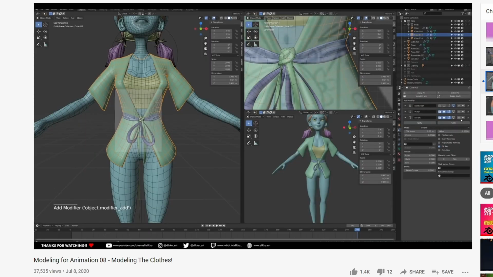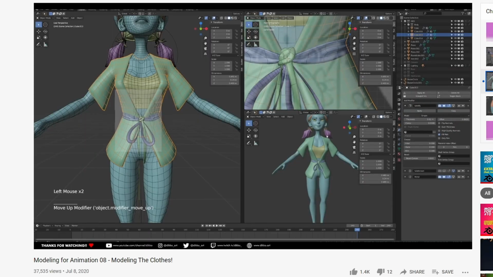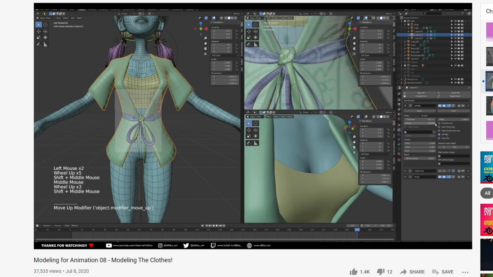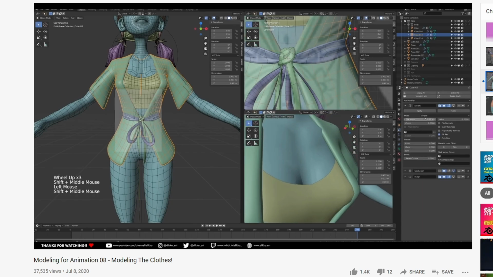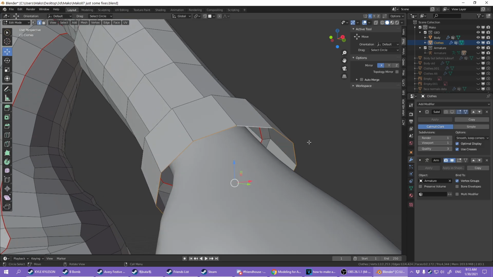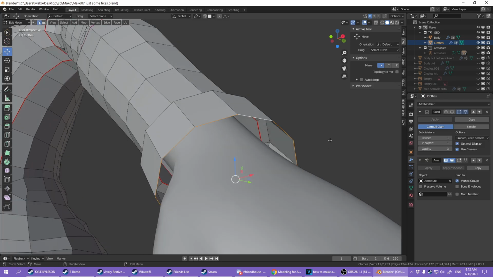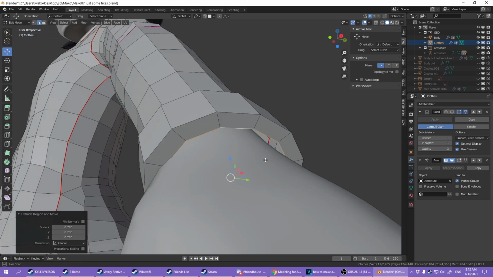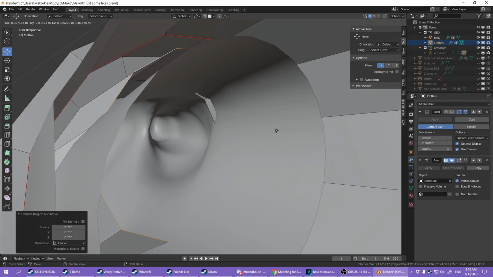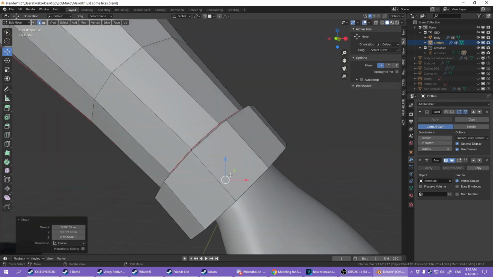Decode puts the solidify modifier on clothing when he's modeling them. Don't do that, unless you have a very good reason to. It's very non-optimal in terms of polygon count, which is something we need to keep in mind for games like VRChat. Instead, you can just go into the ridges and manually add in some extra extrusions to make it look like it has a depth to it, but without it actually having depth.